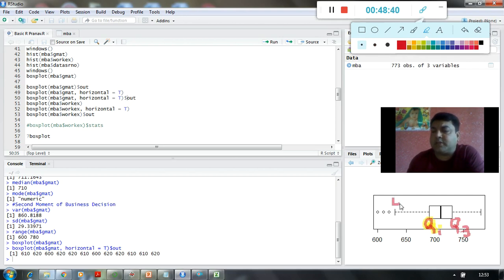So this is my lower extreme, this is my upper extreme, right?